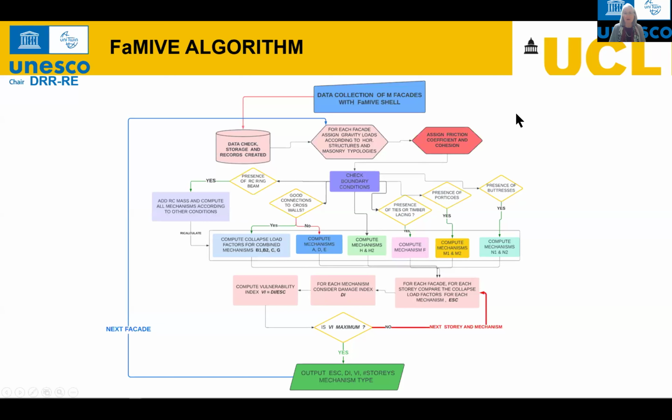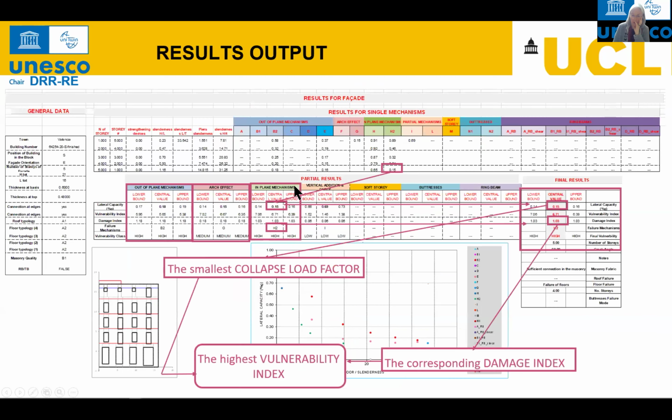We then also assign a friction coefficient and a level of cohesion, which will depend on the quality of the masonry that you have included. We will check the boundary conditions, if the connections at the edges are present. And then, depending on other elements,